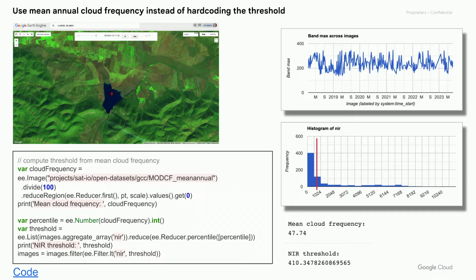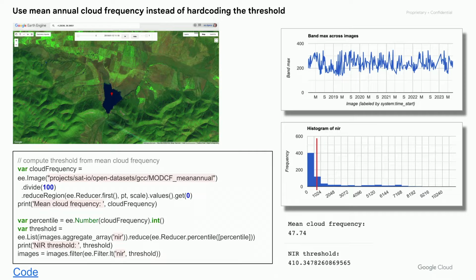And that's something you will see in this step, in this code. When we plot values of this infrared band over the same point, the time series looks much cleaner. So all high value images are gone. What we did is just apply a filter, but parameterizing this with cloud frequency,